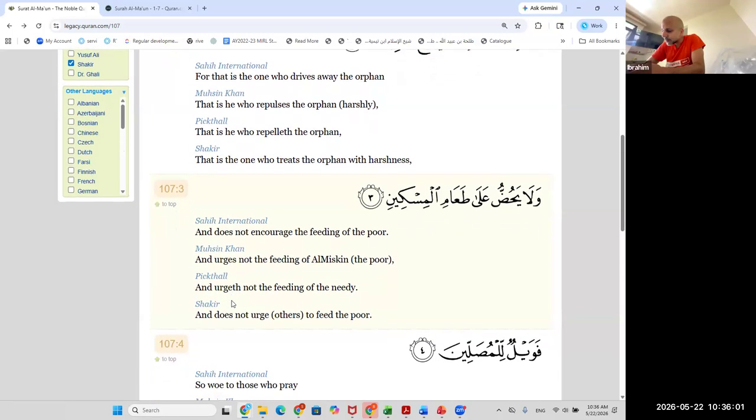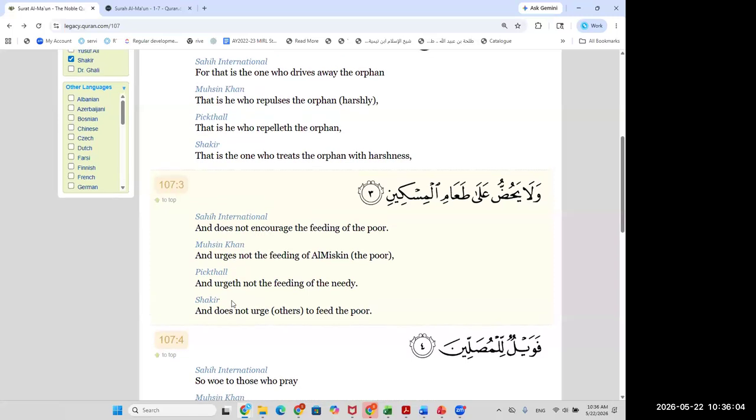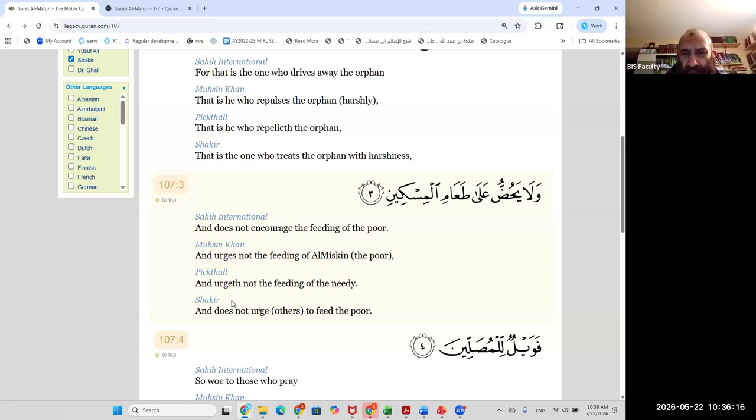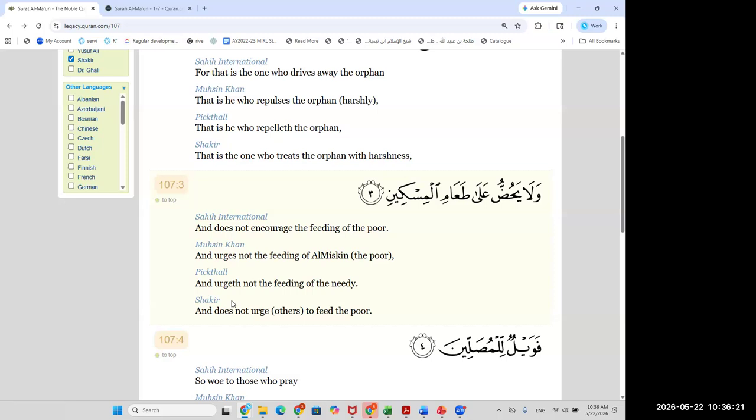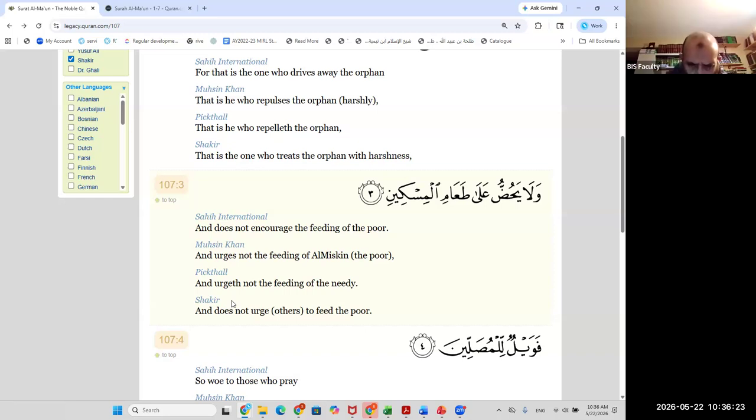Thank you. And that differentiation, linguistically, does it have some sort of connection to sacred law related to the rights of that child, and that's why they have different terminology for each defined version of being parentless? To some extent, but mainly this is coming from the language. This is how the Arabs described people in those states.